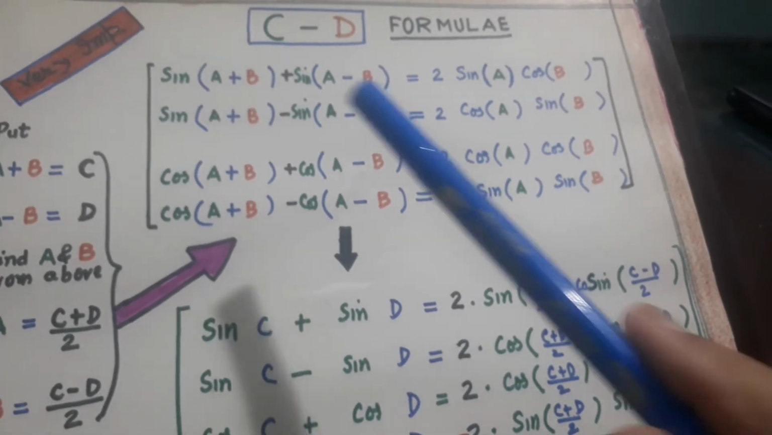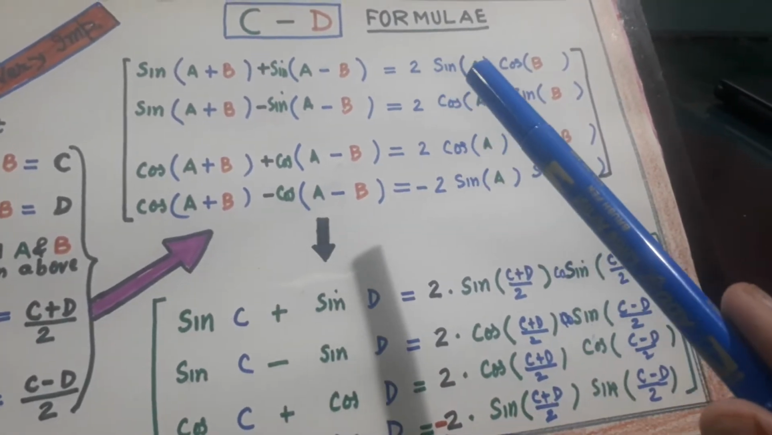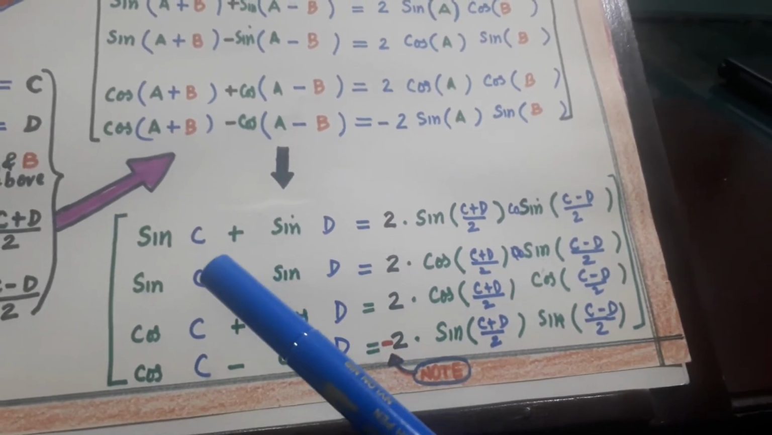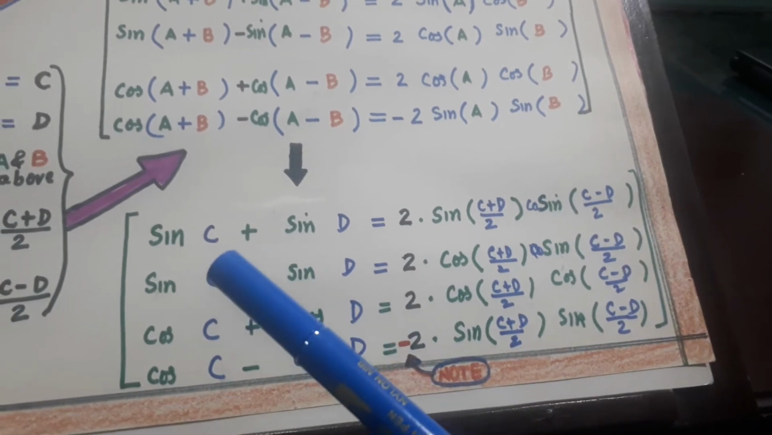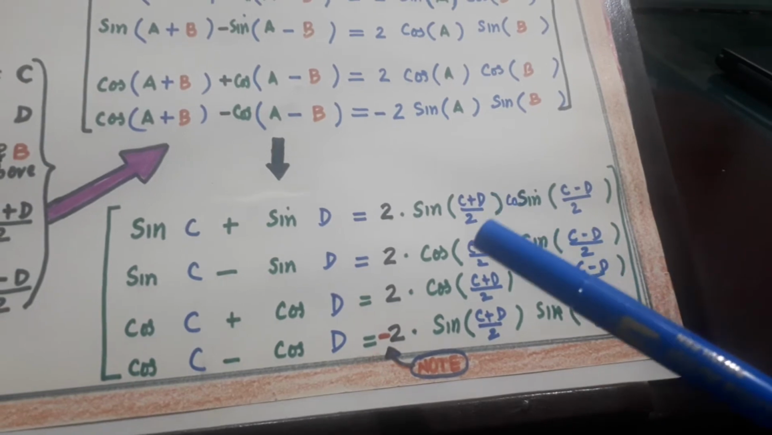So, this is the formula of sin A plus B plus sin A minus B is equal to 2 sin A cos B, which has been converted in terms of C and D. And the formula has become sin C plus sin D is equal to 2 sin C plus D by 2